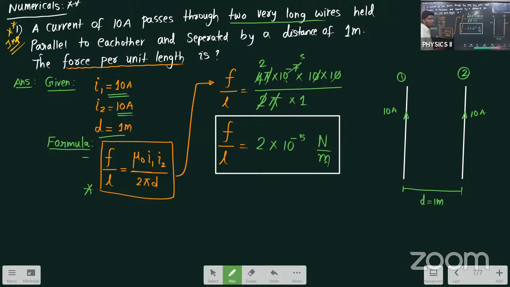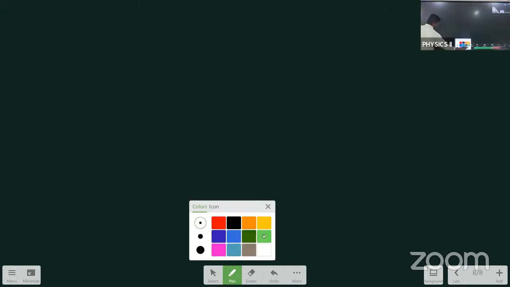Let us move on to the next numerical, the next important numerical from this chapter. I hope everyone is doing this. See here, the next important numerical from this chapter is